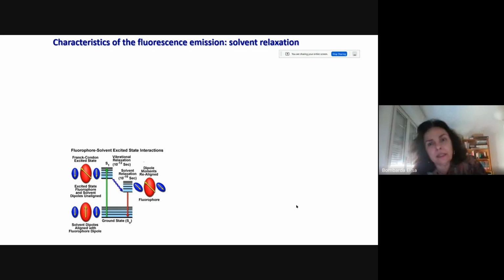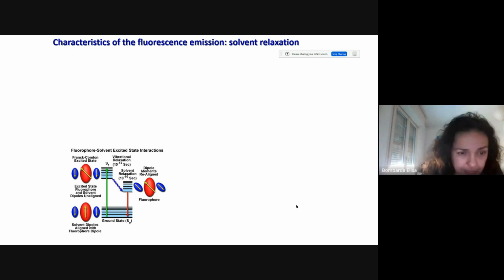Fluorescence is very sensitive to the environment, and so notably to polarity. And so let's see why. And so then we can call what solvent relaxation is. As you see,